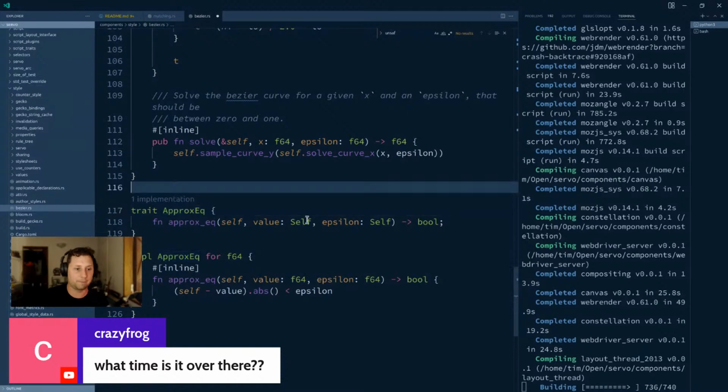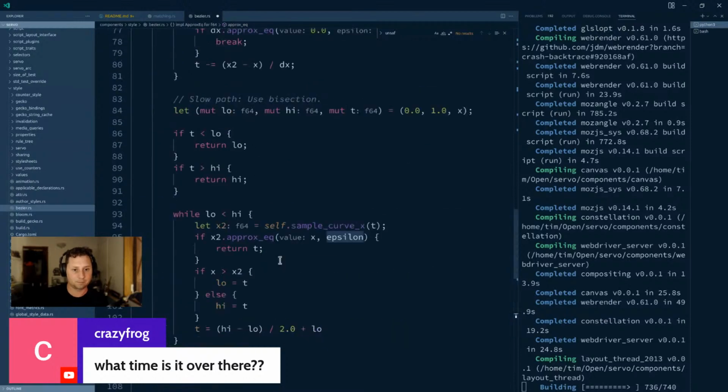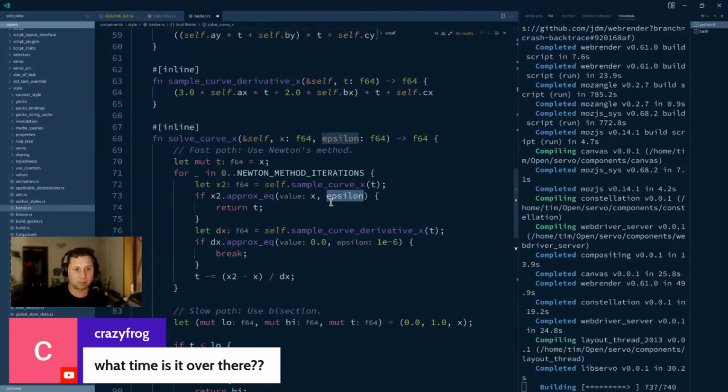They wanted to know whether or not you could see if two floating points are within an epsilon value, and you can see here that we're comparing in this case x with x2, and epsilon is defined as it still comes from further out, but it's normally